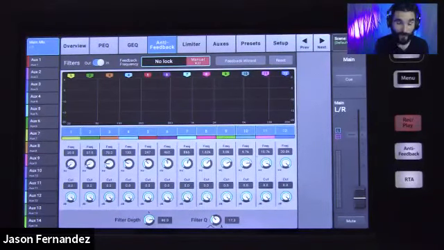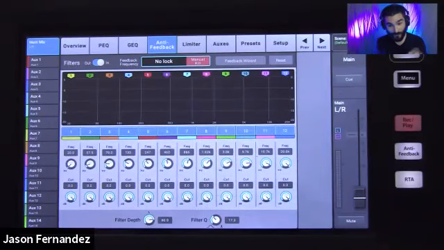So this is our anti-feedback system. This is an incredibly powerful tool that is available on all 3 of the mixers here. So essentially, if you're unfamiliar with feedback, which if you're a sound engineer, I'm sure you're not, but feedback is the nemesis of any live sound engineer. The anti-feedback wizard here allows you to automatically ring out your system for maximum gain before feedback, which is to stabilize your system so that you can get the desired level or the most level out of it without creating feedback. So it's used to create stability in your system.